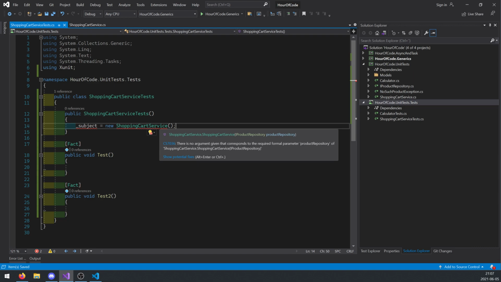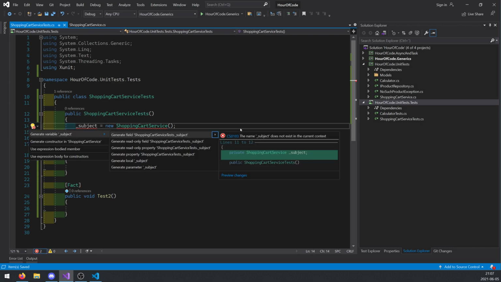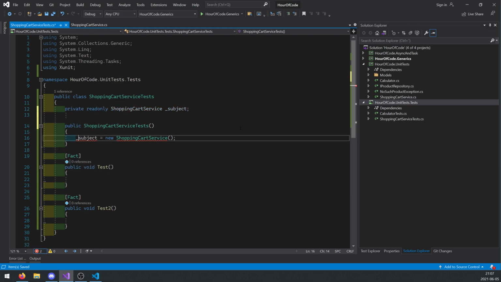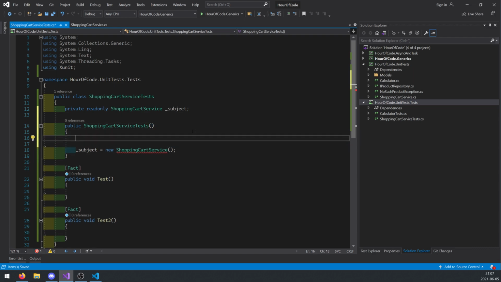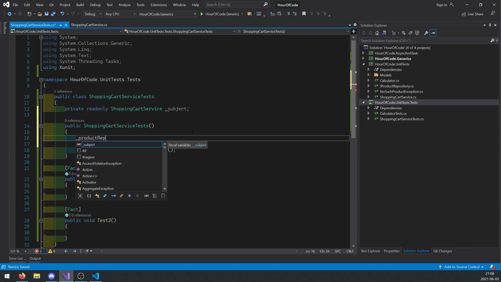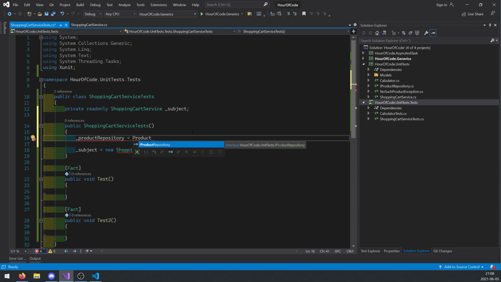But it's complaining. Oh, that's right. We didn't add a product repository. So we need to make one of those. We'll set this up though. We'll generate this as a read-only field. So we need to create that. So I'll just do like var product repository equals what, right? Because I can't create a new product repository